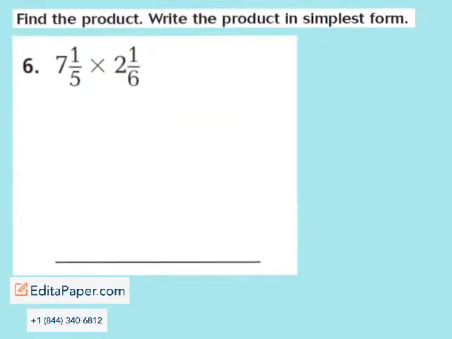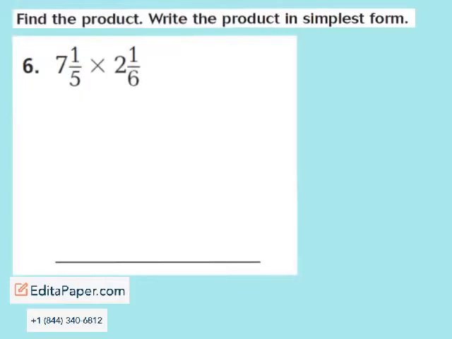Now let's take a look at question number 6. Once again, our job is to find the product, and we're going to write the product in simplest form. Well, for question 6, they give us the mixed numbers 7 and 1/5 times 2 and 1/6. Now once again, in order to multiply these mixed numbers correctly, we have to first turn those mixed numbers into improper fractions. So I'm going to begin by multiplying my 5 times my 7, denominator times the whole number,